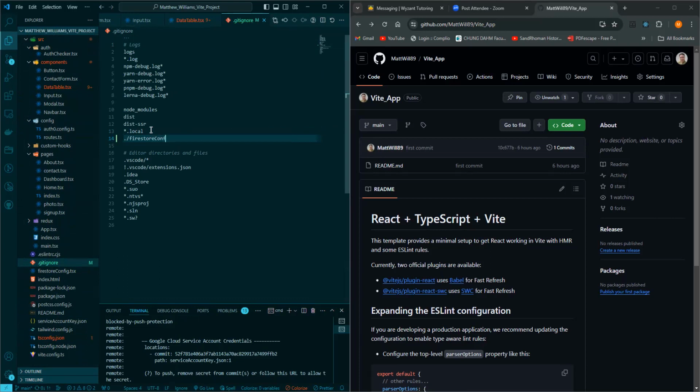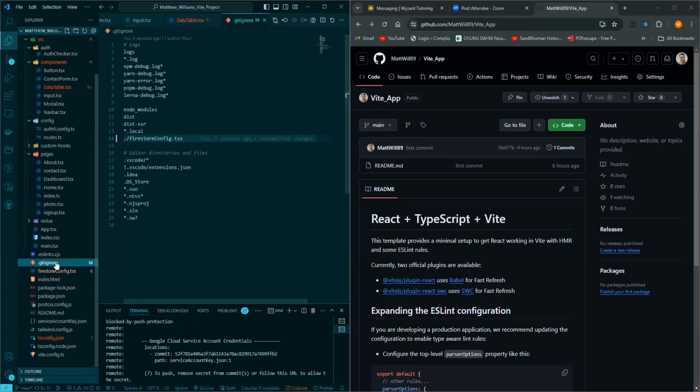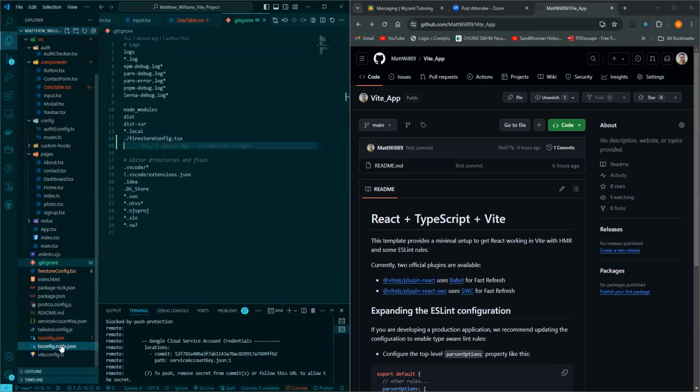So let's go ahead and indicate ./firestore config .tsx. There's also, because Firestore config, I believe, has some sensitive information in here. Oh, excuse me. There's also another file I know which is being mentioned here, which is service account key.json. So let's say service account key.json. So now that that's saved out,